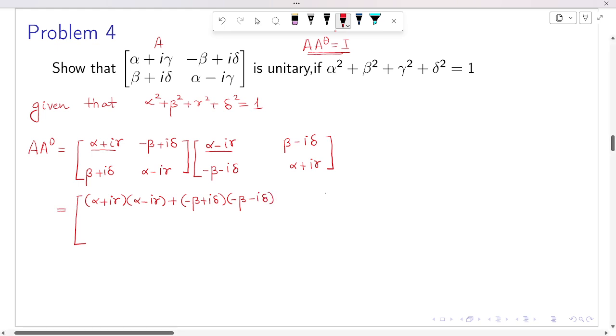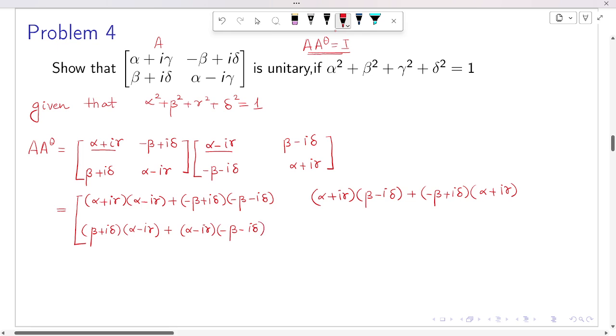Then next, alpha plus iota gamma into beta minus iota delta, plus minus beta into iota delta into alpha plus iota gamma. Next, beta plus iota delta into alpha minus iota gamma, plus alpha minus iota gamma into minus beta